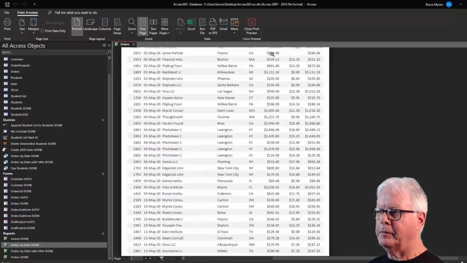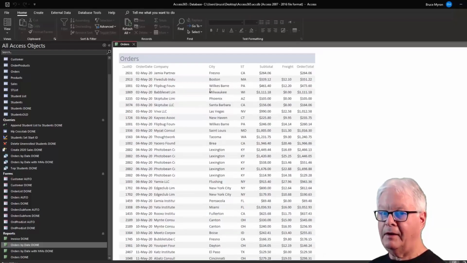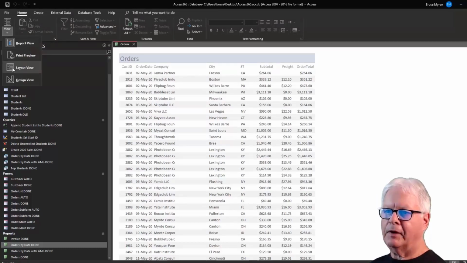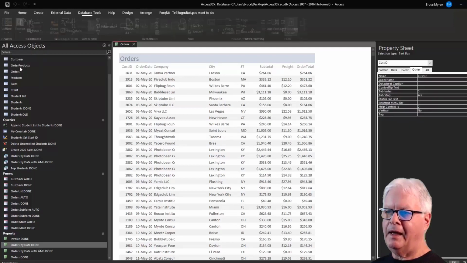Okay, now let me close print preview. That's what you have. Print preview is unique in that way. You have to close print preview. You don't go back to the views button. But if I go to the fourth and final one, layout view